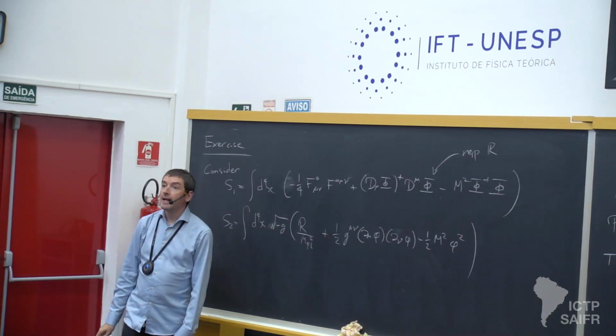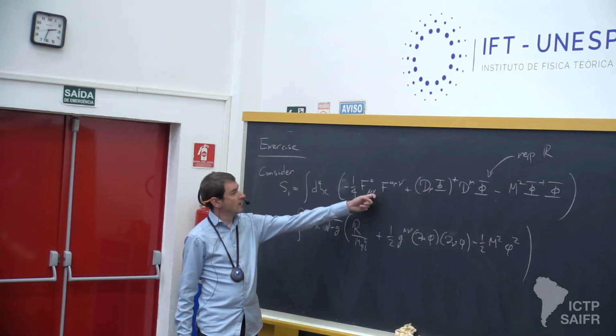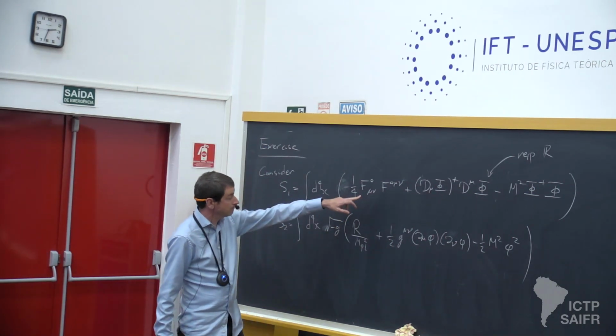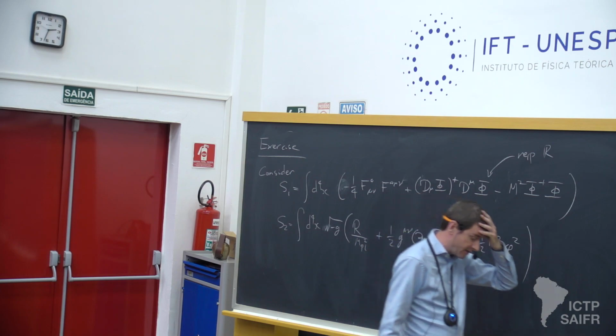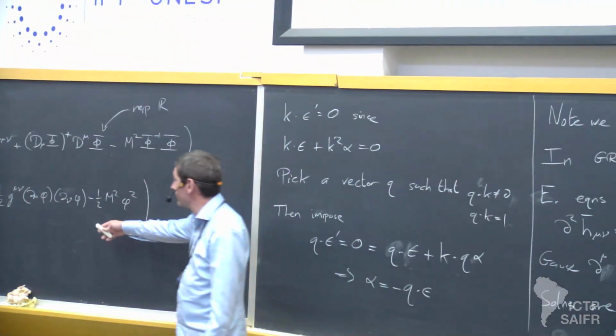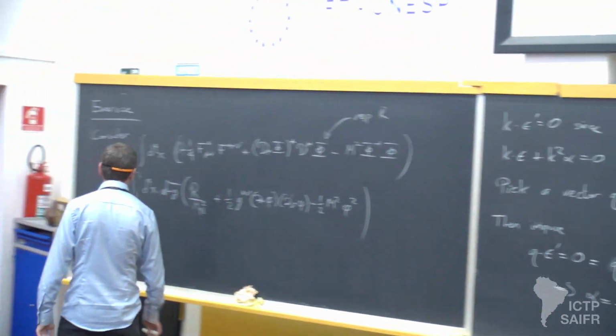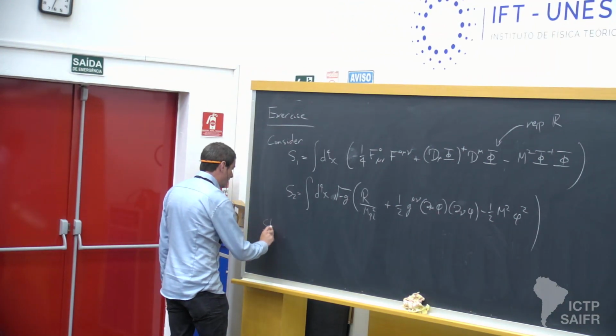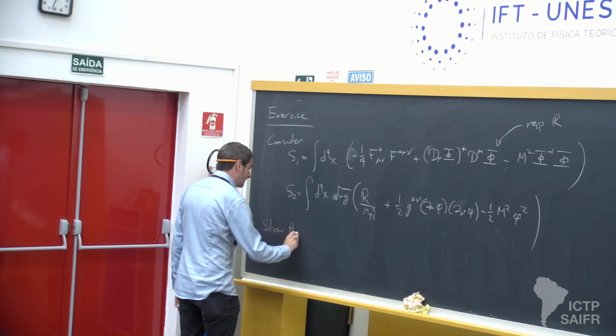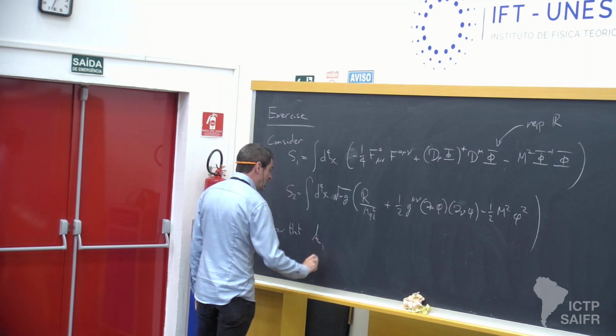Okay, so this is a theory with a scalar which is minimally coupled to Yang-Mills theory, and here's a scalar minimally coupled to gravity. So what I want you to do is show that the 3-point amplitude from theory 1,